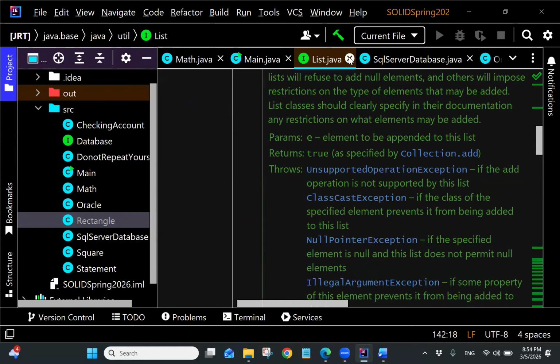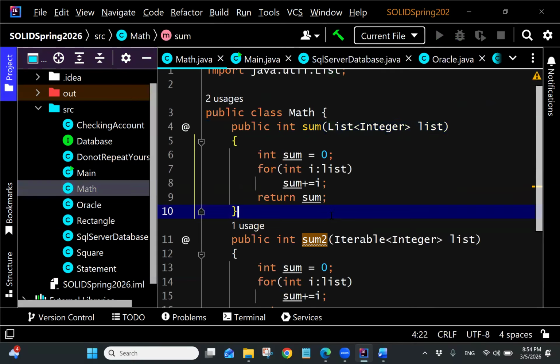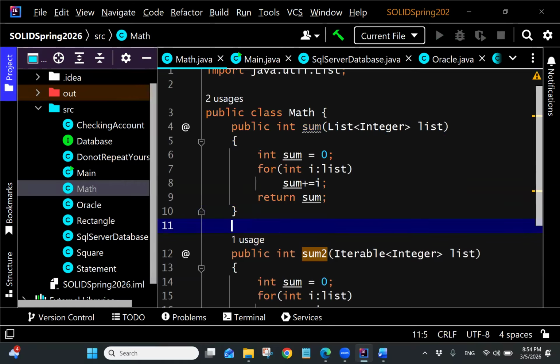Okay, but the point is that if all my method is doing is something really basic, then I should make it as general as possible, and then I could pass it more different types. Okay, so this is the dependency inversion principle, right? So according to